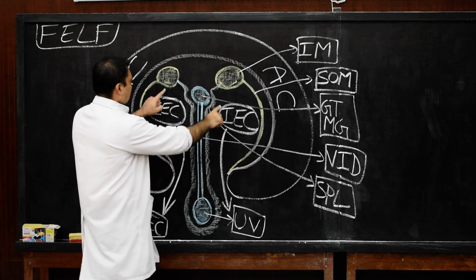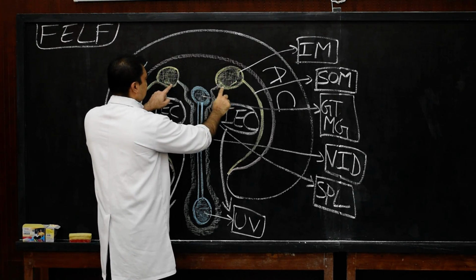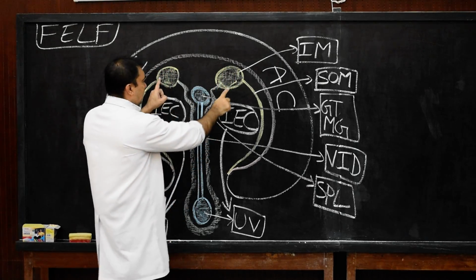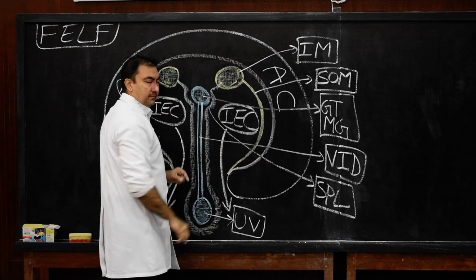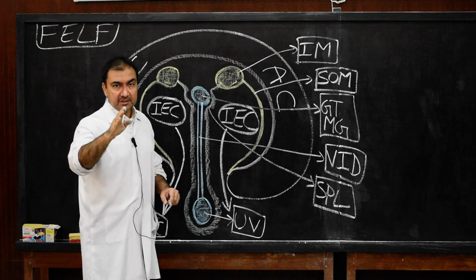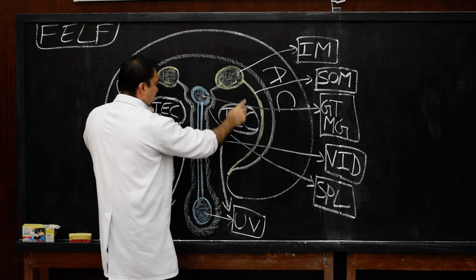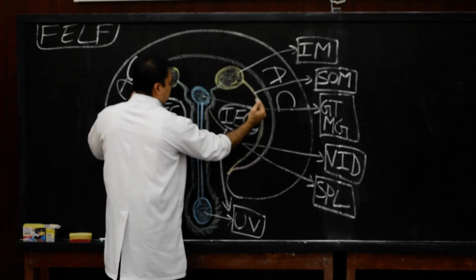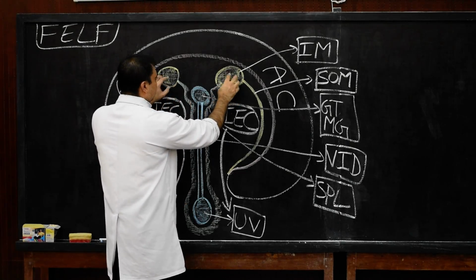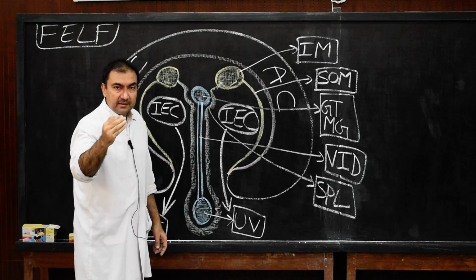Second, this somatopleuric layer will line the ventral side of the intermediate mesoderm. If you recollect, intraembryonic mesoderm has three parts: paraxial mesoderm, intermediate mesoderm, and lateral plate mesoderm. So the somatopleuric layer is lining two parts. Number one, inner wall of parietal body wall, and number two, ventral portion of intermediate mesoderm. Now somatopleuric layer is over.